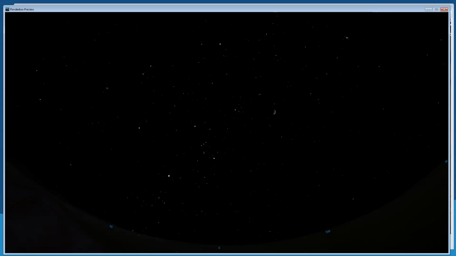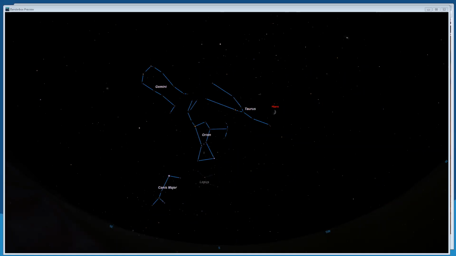So one last time, we'll point out Mars. We'll point out some of our favorite winter constellations. And then we'll head over to the north sky. Oh, let me turn the illustrations on.